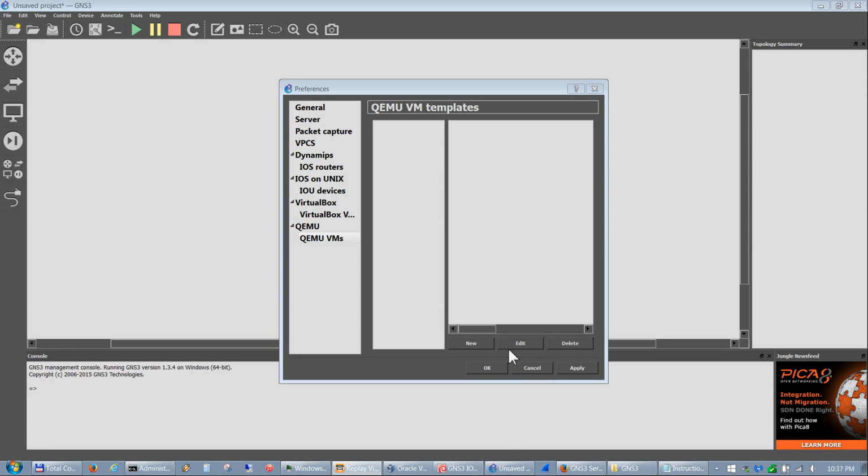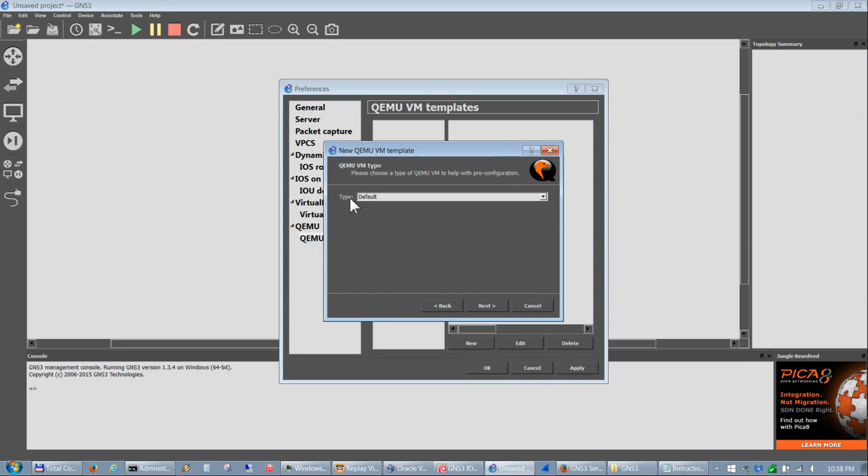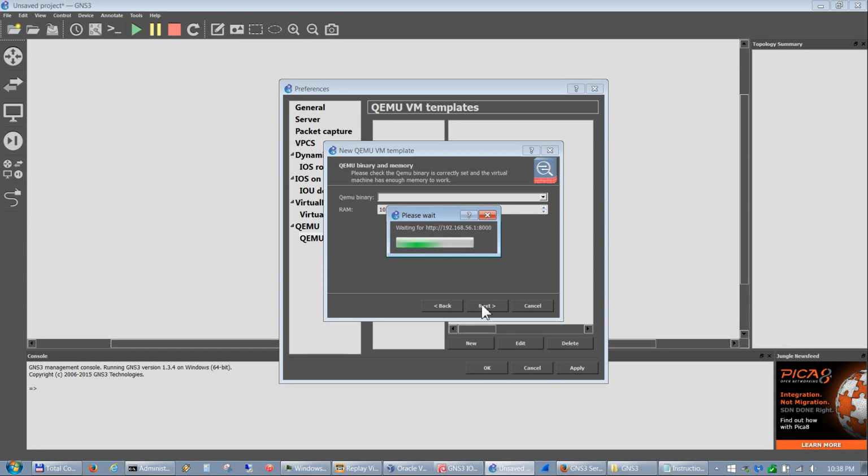So basically, to do so, it's very similar to the IOS router setup. Not the exact same, but similar. So we'll go and hit New. We'll select the type, which in this case is ASA 8.4.2. Go and hit Next. Leave everything the same until you get to the next screen,